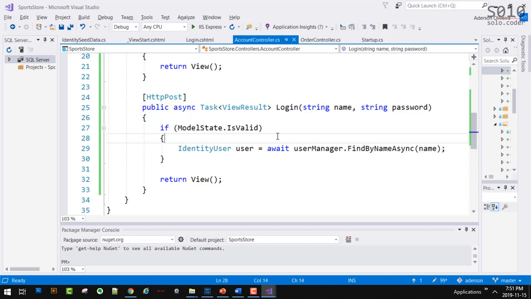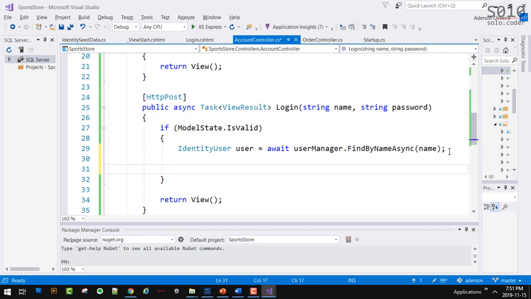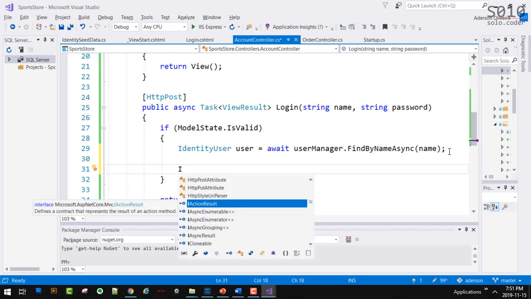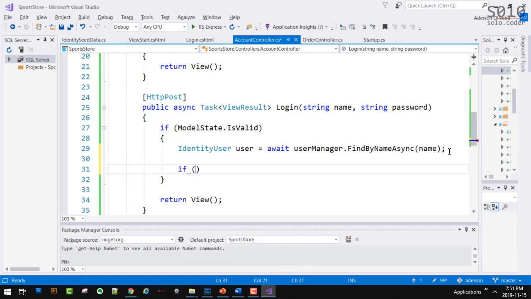So for us to test the passwords, first we need to check, is user equal to null? Yes or no? So let's do that here. Let's say if user is not null, okay, so if the user exists, now let's test if the password is a match.